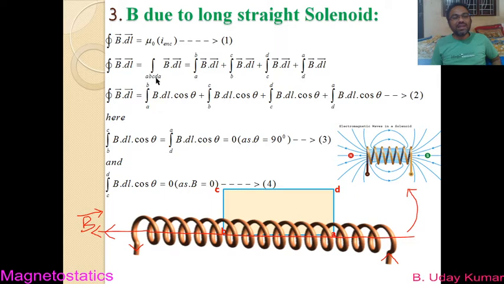So now this entire integration is split into 4 parts. What are the 4 parts here that I am considering? AB, let us assume that AB is the length of the rectangle, whose length you can take as a small l or capital L, so choice is yours. And BC and DA or AD, these two, if I want to mention it, you can mention it. So let the length of the rectangle be L and the breadth of the rectangle be B.